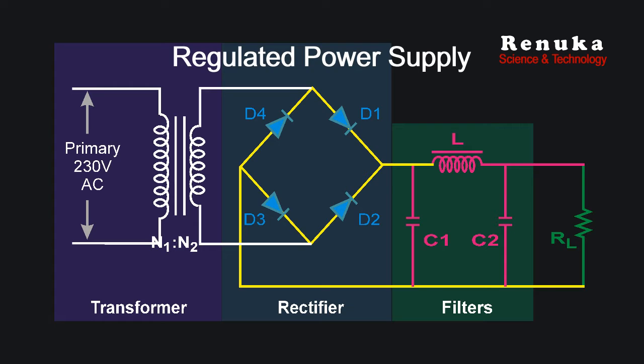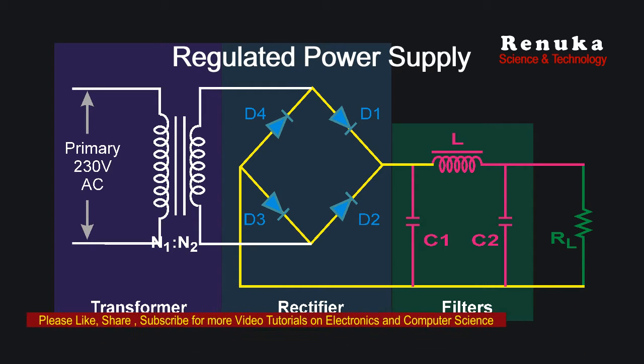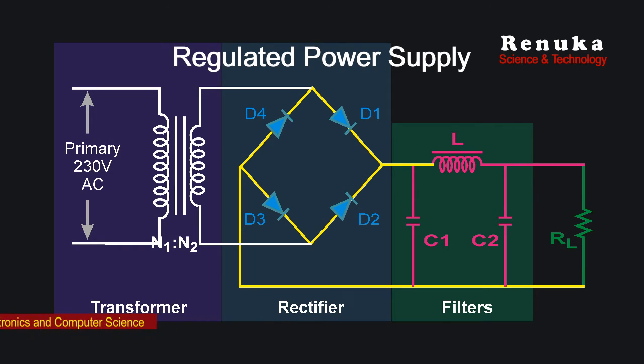The power supply with rectifier and filter circuit gives the pure DC output voltage, but it is not perfect. That means it fluctuates with the variation in input voltage and load condition. So it is an unregulated DC. Such an unregulated DC supply is not desirable because many electronic equipments and all digital circuits do require constant voltage for their operation. Therefore, a regulated power supply is very necessary.